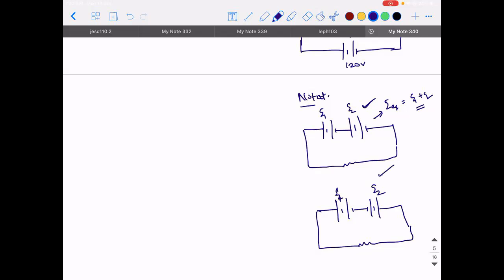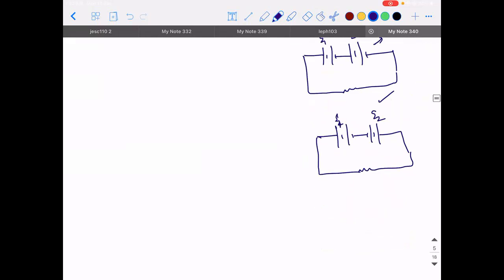Now, what can I say about the second connection? What type of connection is it? Is it series or parallel? Parallel, sir. So this is a misconception people have. People think that it is parallel, but the answer is it's not parallel. It is still in series because let's say this supplies current I1 and this supplies current I2. The values of I1 and I2 will be adjusted in such a way that there will be a common current I flowing through the circuit.